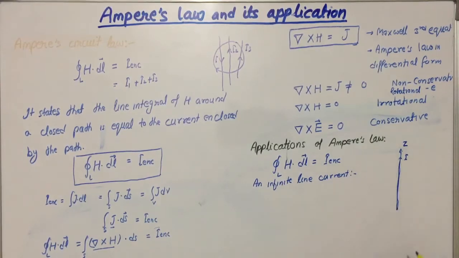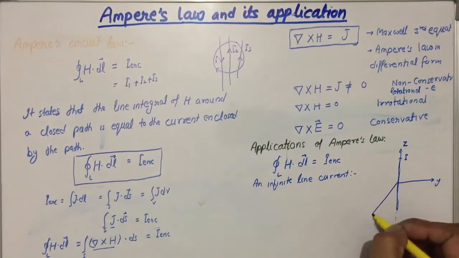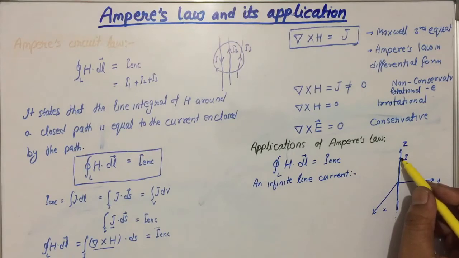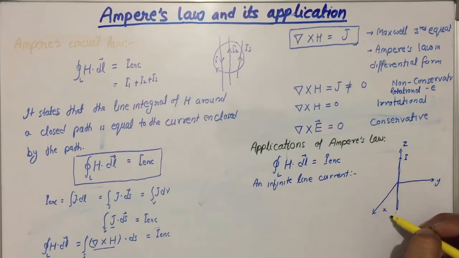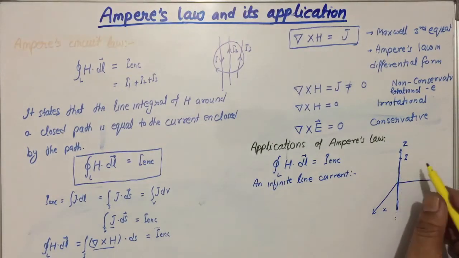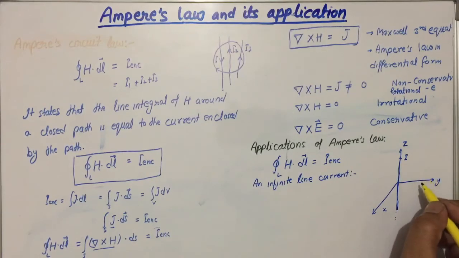This is of infinite length, and these are the axes X, Y and Z. So if we consider this, where an infinite long current I along the Z axis is there, and to find the magnetic field intensity H at any point, take it here at point P,